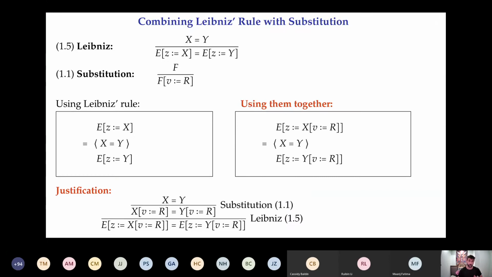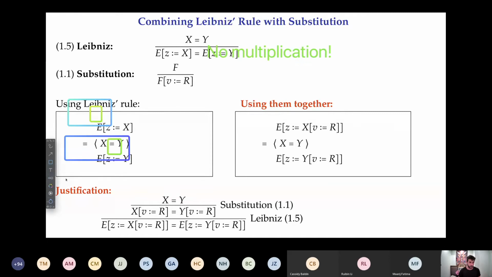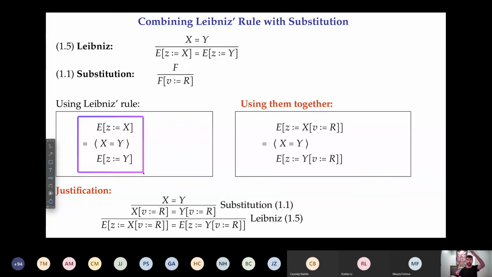So this is what I said a moment ago about proof trees. When you apply rules in the calculational method, you get a nice, lovely calculation. This thing equals this thing equals this thing, and it's really nice, and it's very handy. And if you do calculations inside calculations, so with Leibniz and substitution, you get this box over here. The idea is that you chain equalities, and the application of the inference rules Leibniz and substitution happen under the hood. Okay, but if you use this idea of stacking rules on top,